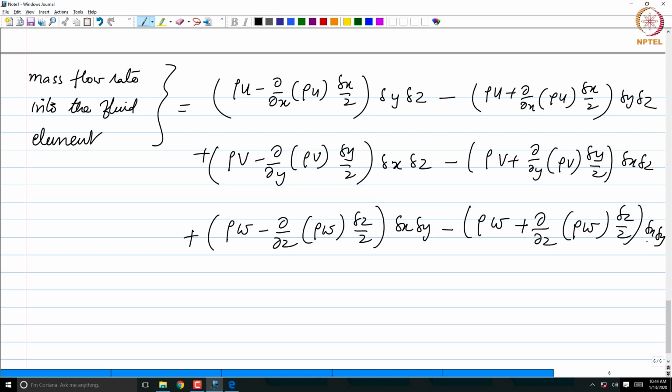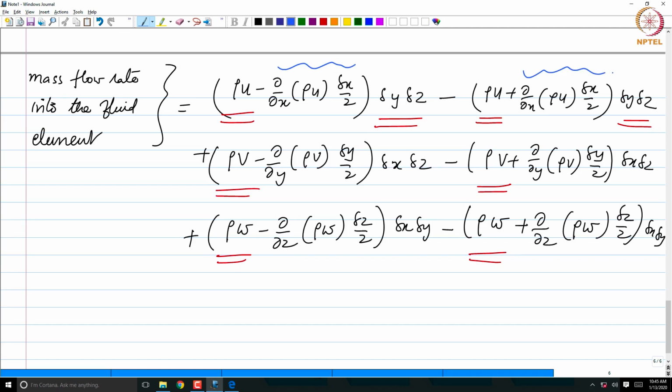So that's all. This is the mass flow rate on the right hand side. Now, what do you see? Of course, you see that we have a rho u times delta y delta z here, and minus rho u times delta y delta z here. So these terms get cancelled. And then we have these terms, this guy and this guy,